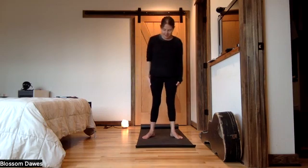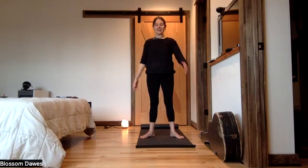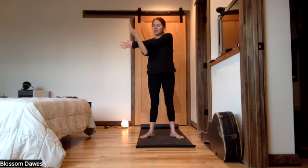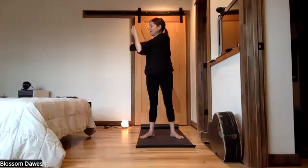Wide stance, turn out feet comfortably. Right arm across your body, palm back, shoulder stretch. The other arm comes underneath and hooks. It can be above or past the elbow. Shoulder stretch and a little twist. So let your head turn and follow that movement. Coming back to center,